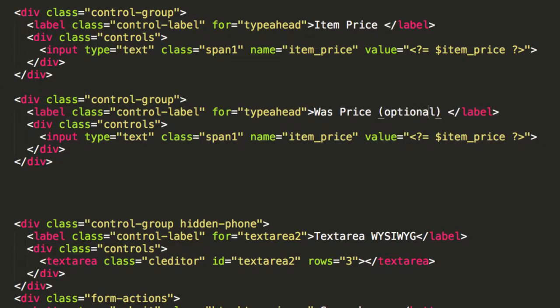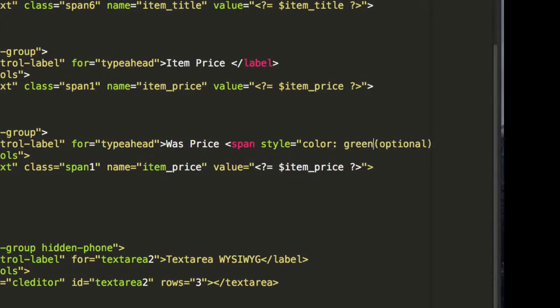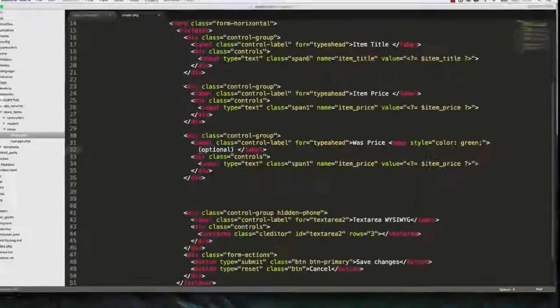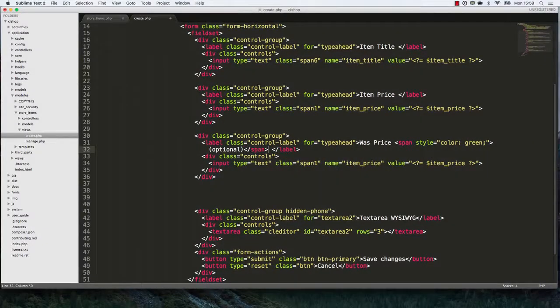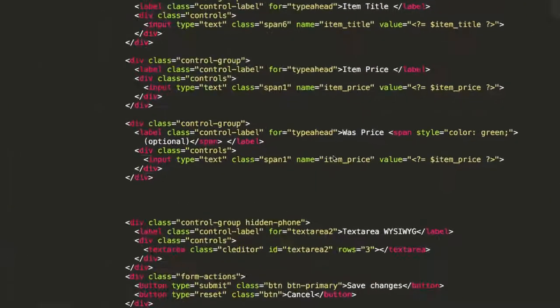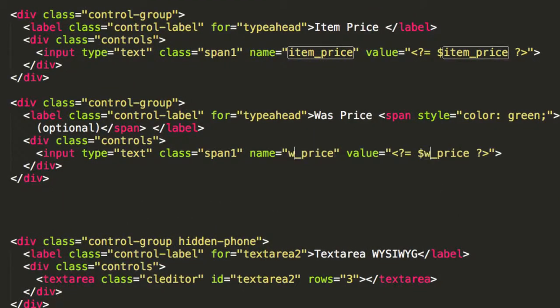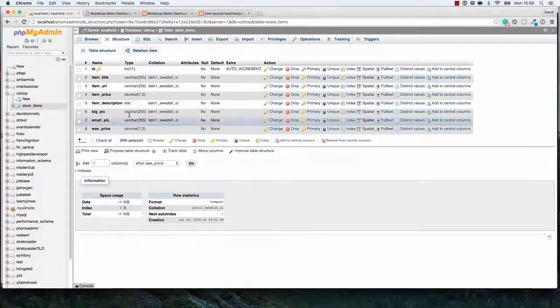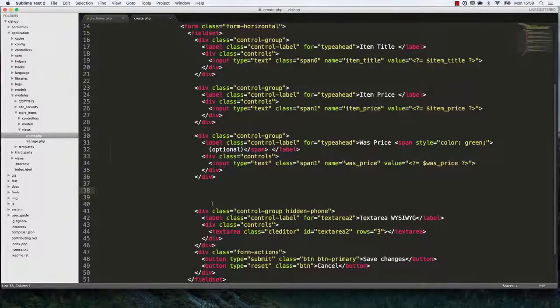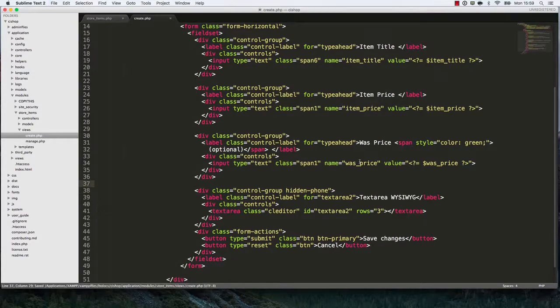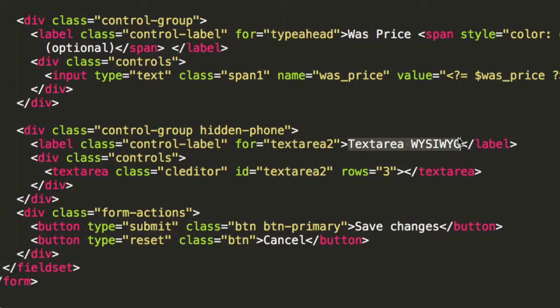That's optional. I'll make this optional thing go green. Bring it down here so you can see what's happening. Okay, and that's going to change to was price. And then we've got item description, and that's it. Actually, that is it. So let's bring this up a bit, tidy up, and we'll say item description and ID